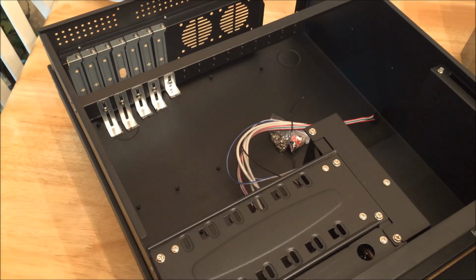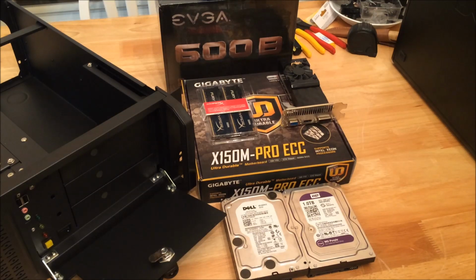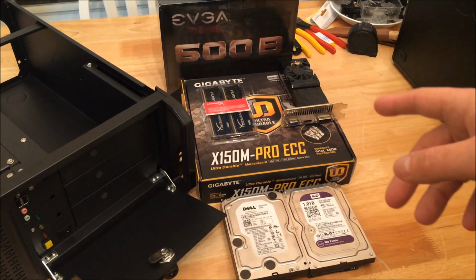So that's it on the case. We'll get on with other parts. I'm going to stop the video and move on to the next. Alright guys, so on to the other parts of the server. We'll start with the motherboard. The Gigabyte